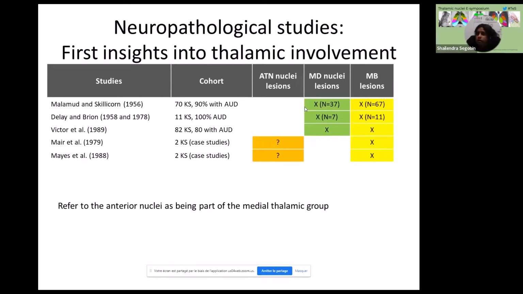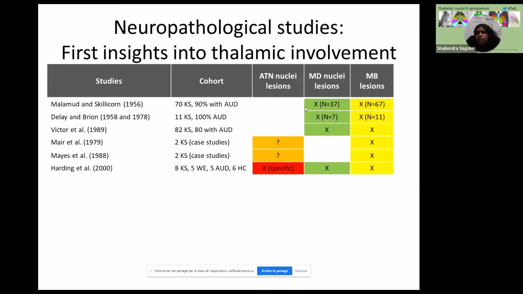However, the early 80s saw case studies in two very well-described Korsakoff patients, first reporting lesions to the medial thalamic group, which was believed to actually contain the anterior thalamic nuclei. And as neuropathological methods became more precise and patients were being more carefully selected, there was increasing evidence towards lesions of the anterior thalamic nuclei being observed. In fact, the last very comprehensive study by Harding back in 2000